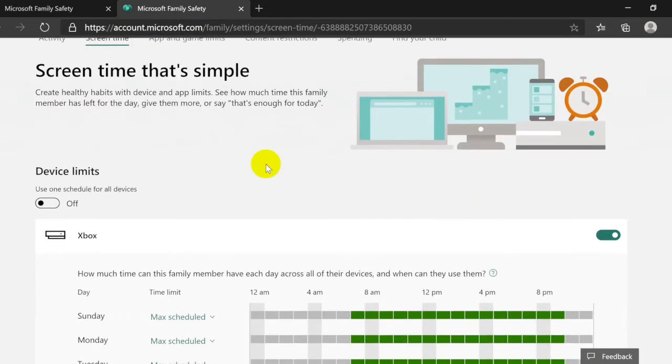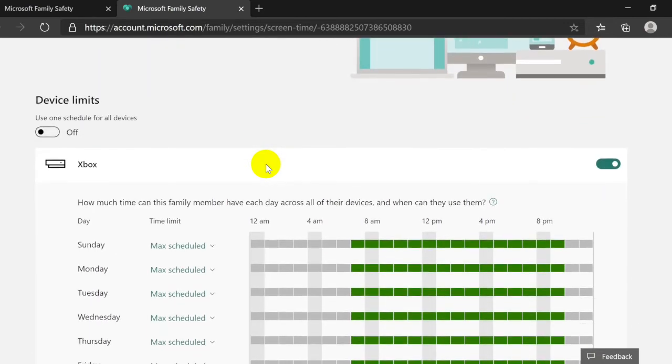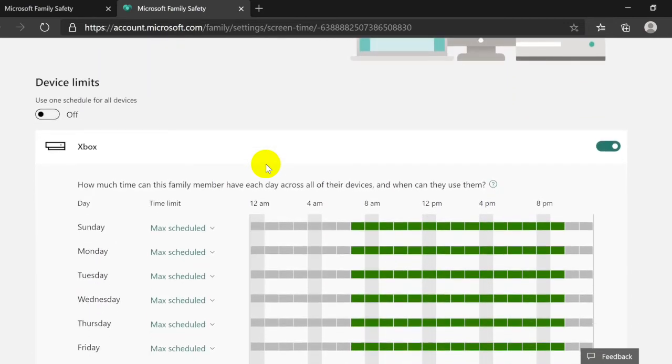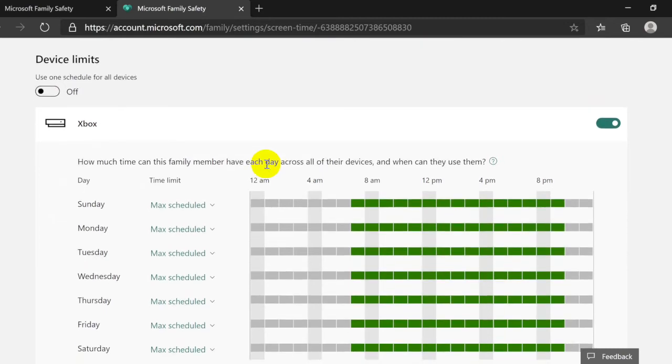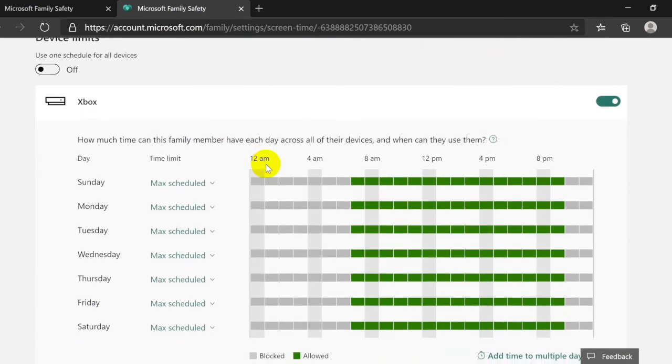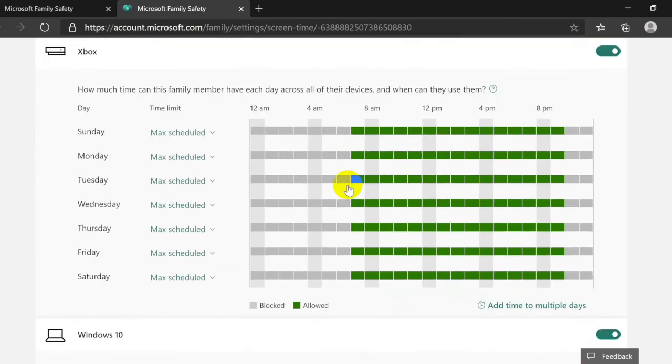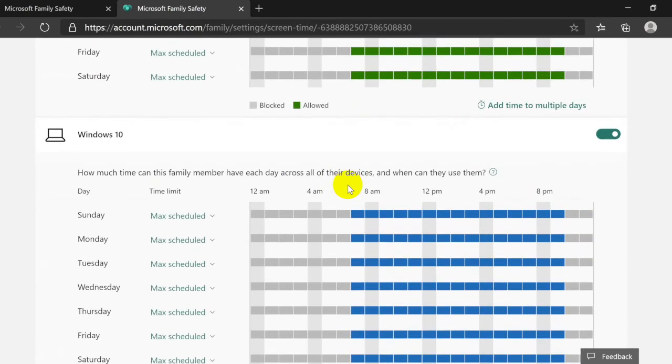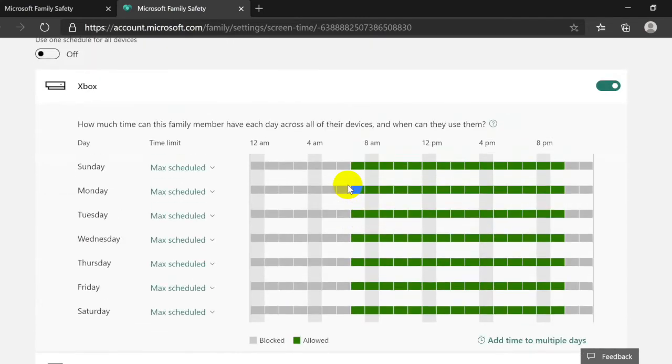When they play games on Xbox or something different, they use their account and log in, so we can control what time they should log in or play. The green is related to allow and the gray is related to block.